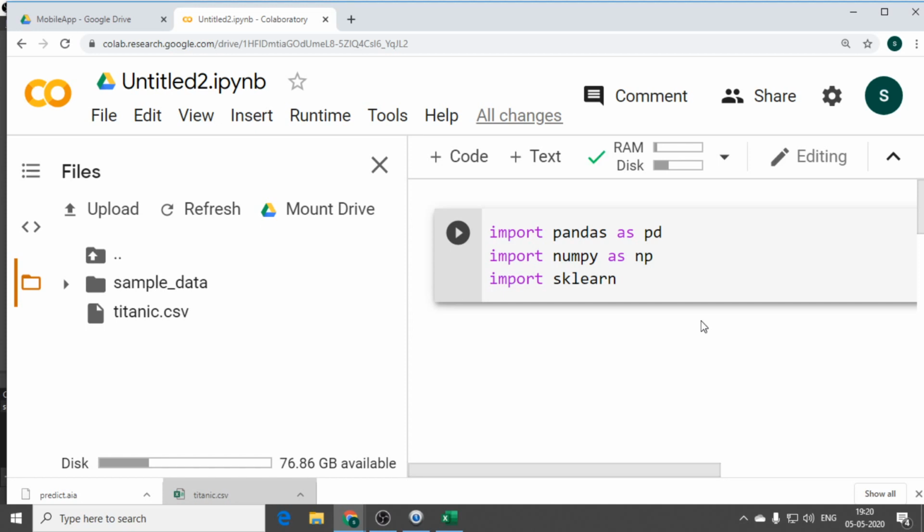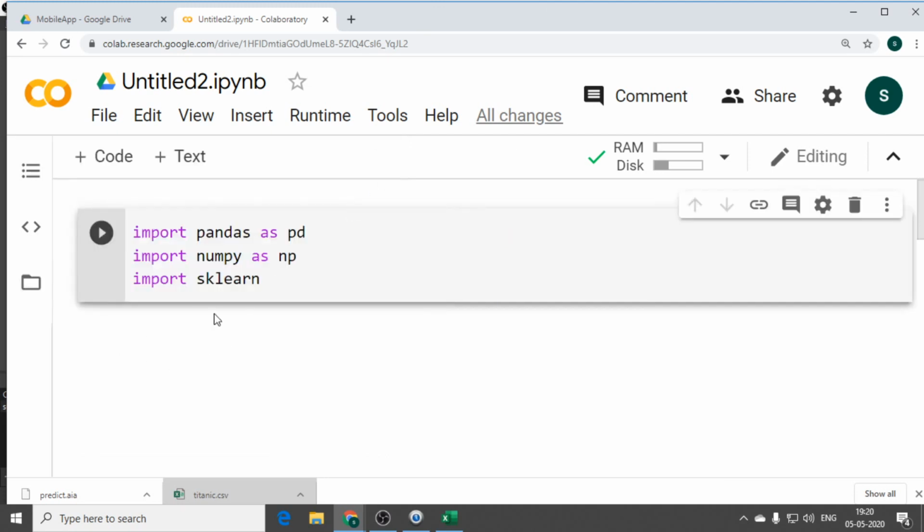It's not control enter. Once it is done, then we are good to go. We'll go for data cleansing and every operation. Yes? Is the data set uploaded? Everyone?